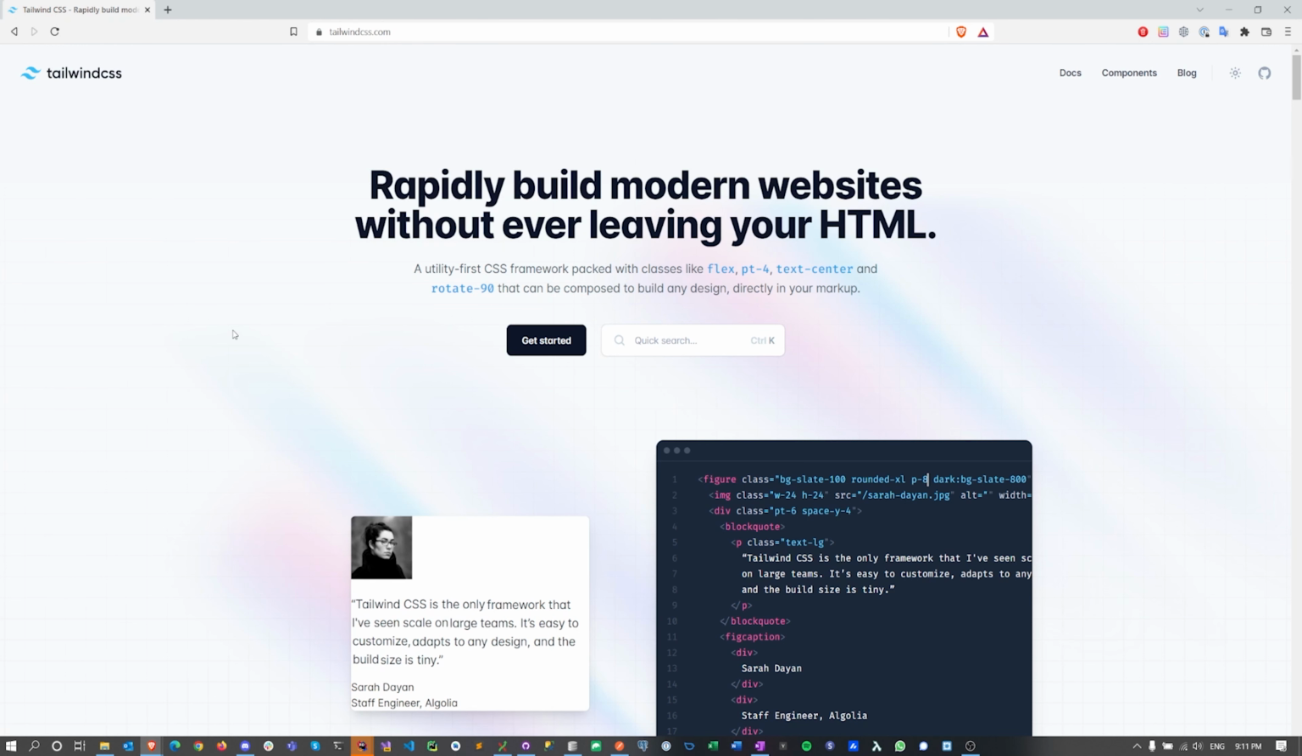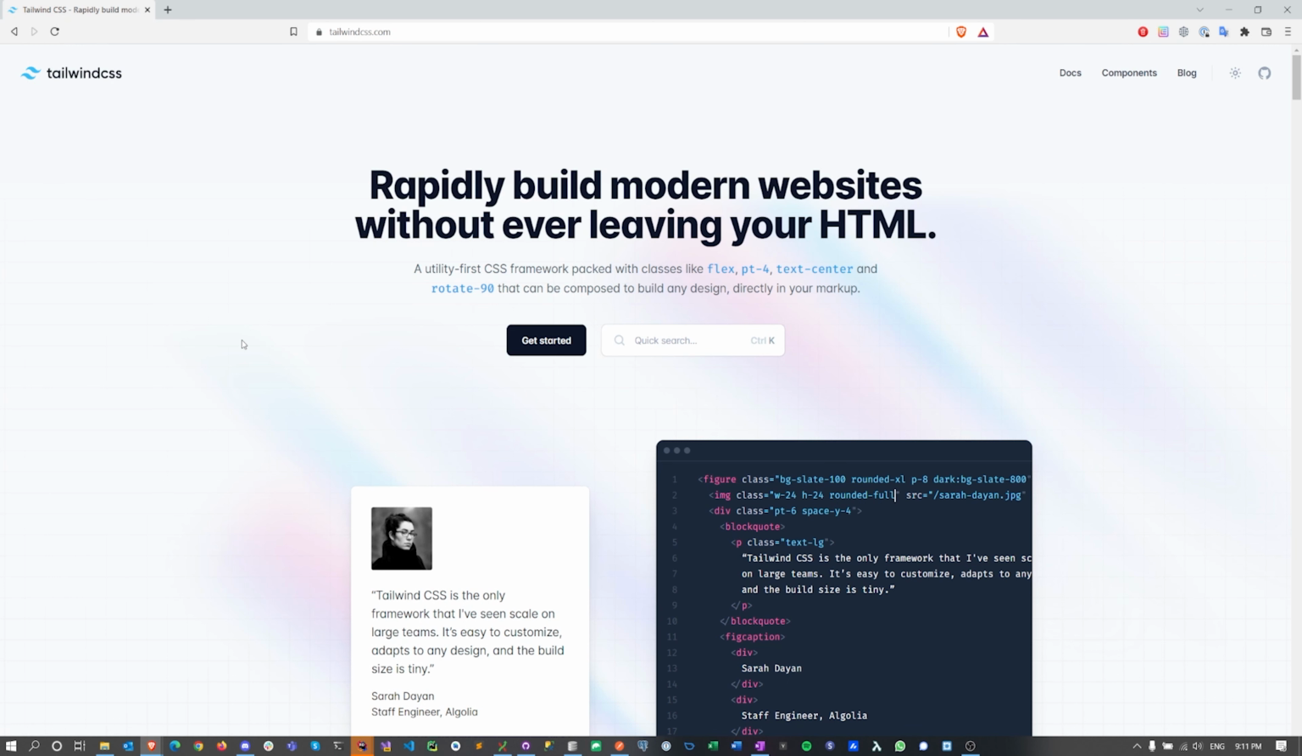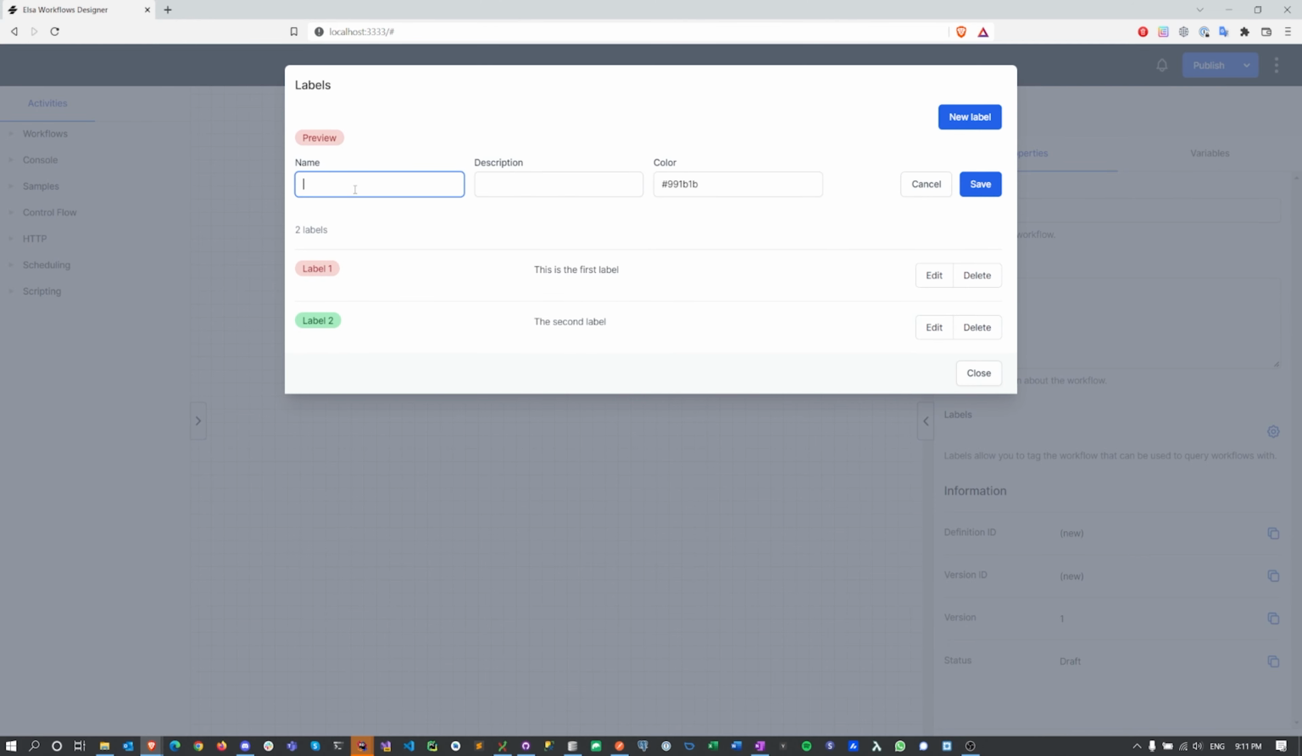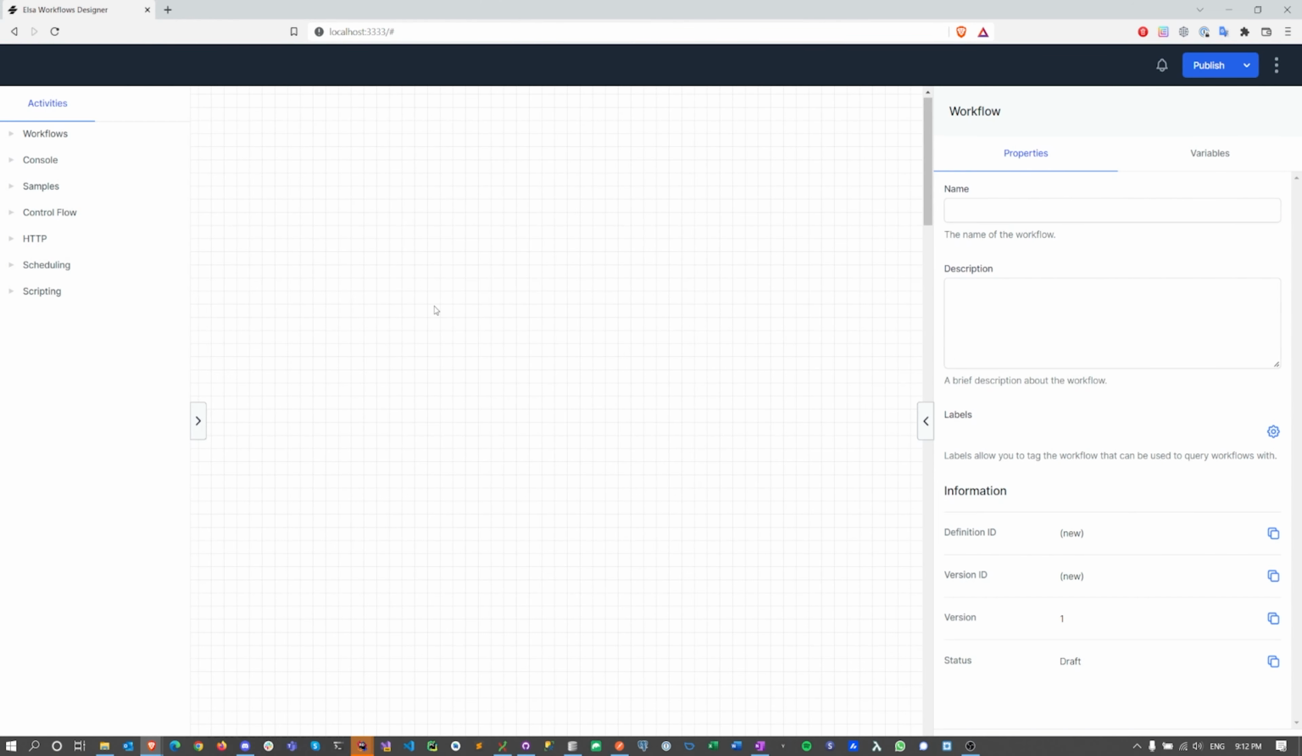I use tailwindcss.com as my color picker of choice. Here there's a preview of the color. This is good. And let's add one more. All right, so now we have 3 labels, and here we have a workflow. Now we can actually assign those labels. Very easy. Yeah, and then the next step, this is yet to be implemented, is to then be able to